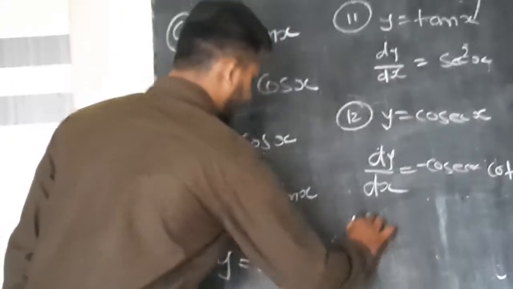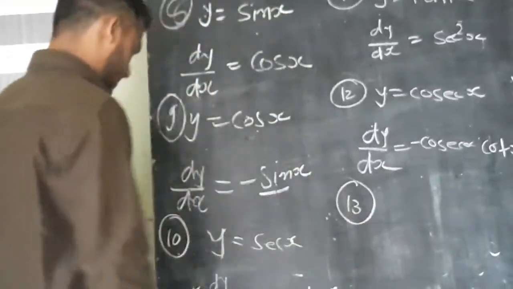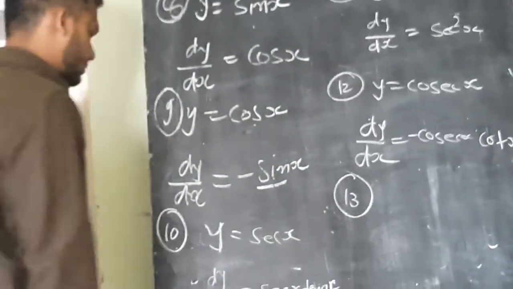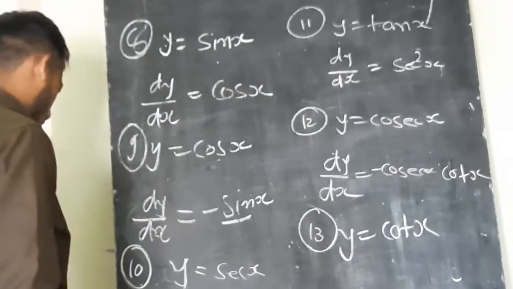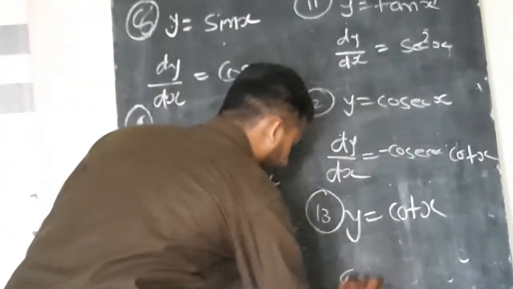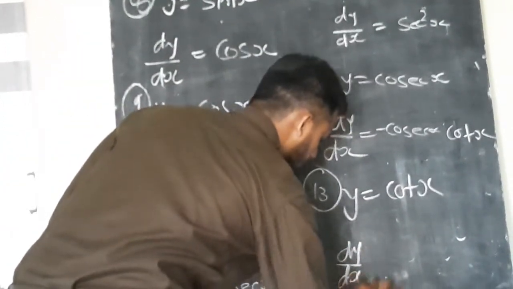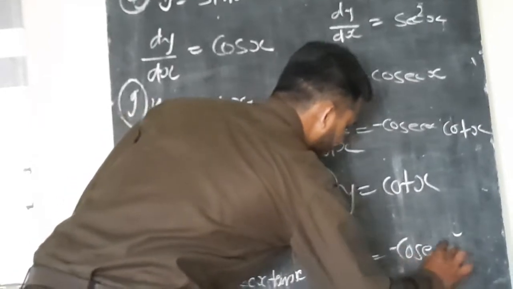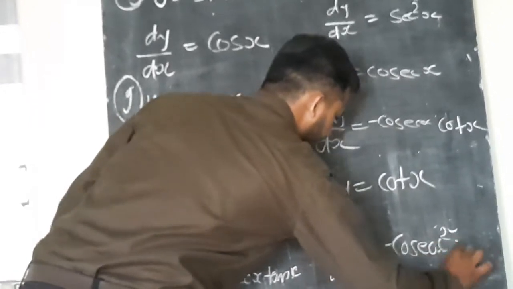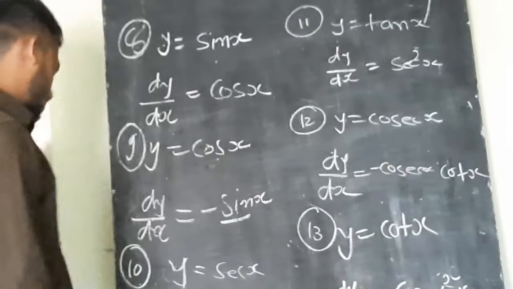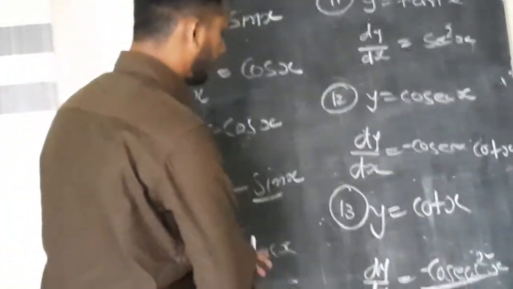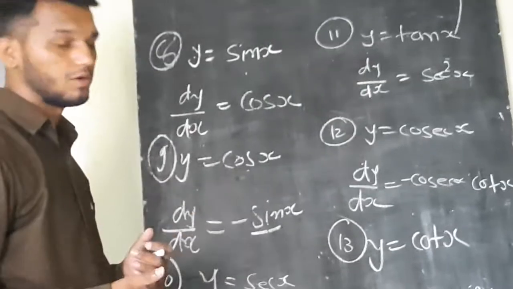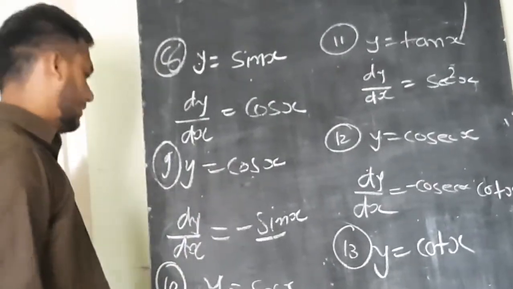Also now we have another example. Another equation is y is equal to cot x. Okay, y is equal to cot x. So here, tan x is equal to sec square x. So for cot x, dy by dx is equal to minus cosec square x. Okay, minus cosec square x. So see, these are the formulas of that. Now we are going to another thing.